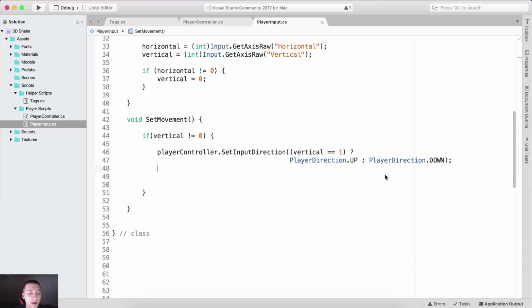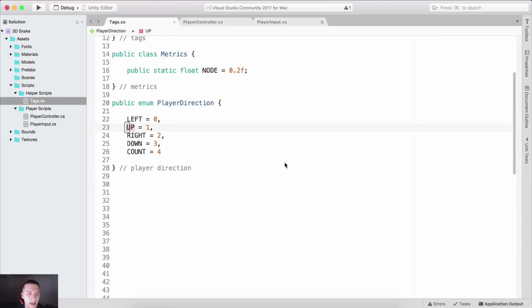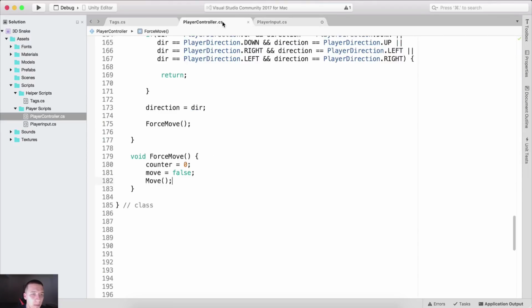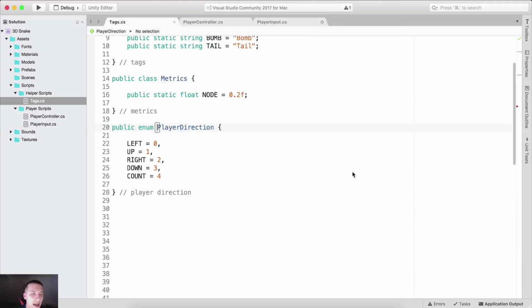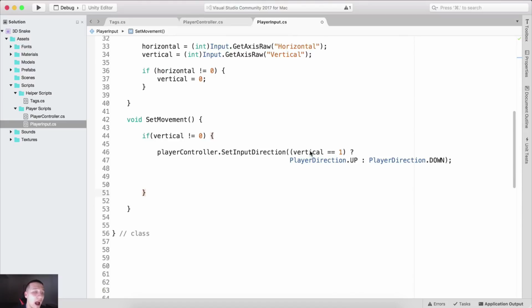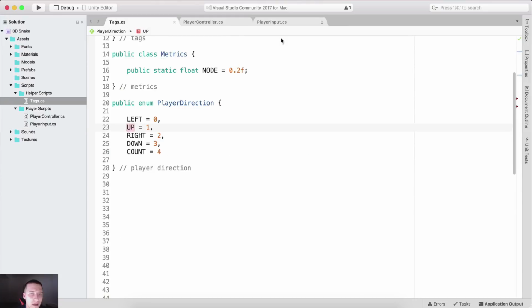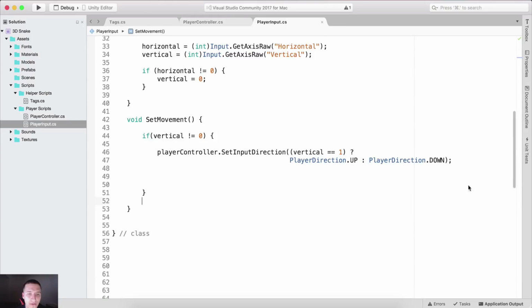So if the vertical's value is equal to 1, then we will set direction up, which is logical because vertical means that we will go upwards on the y-axis. Otherwise, if our vertical is not equal to 1, for this we are using this colon, that means that we will use direction down for the value, meaning we will go down. Now here we are going to say else if